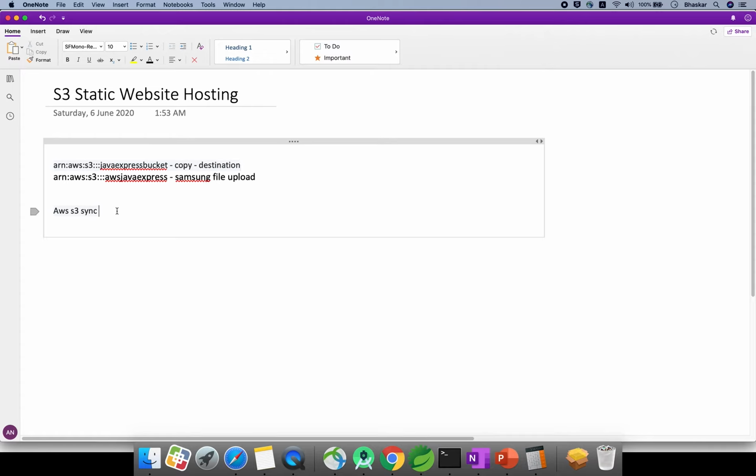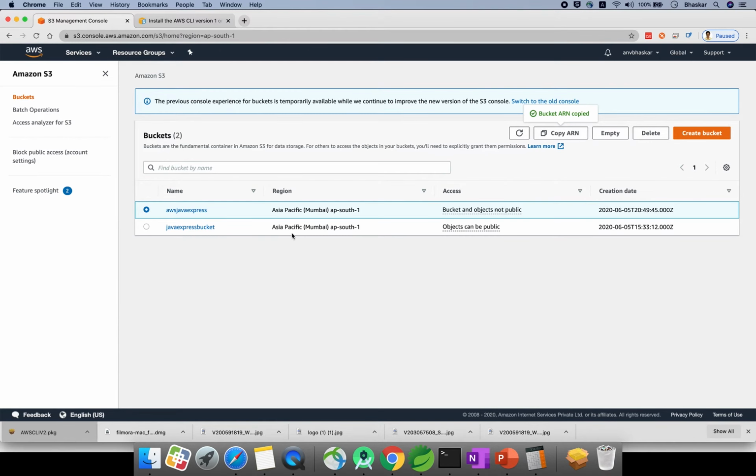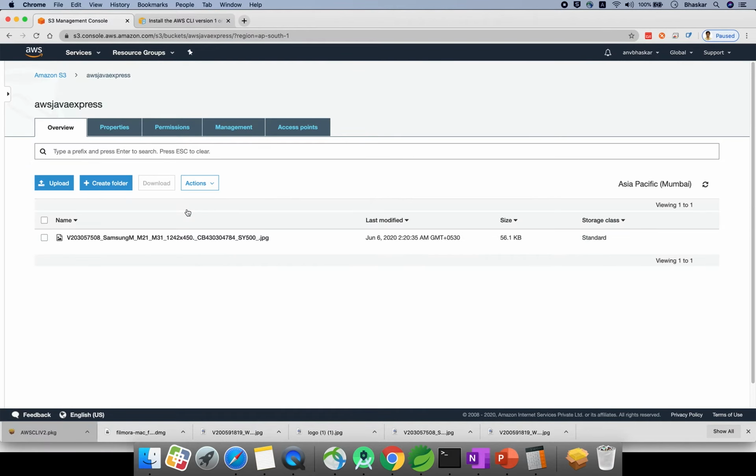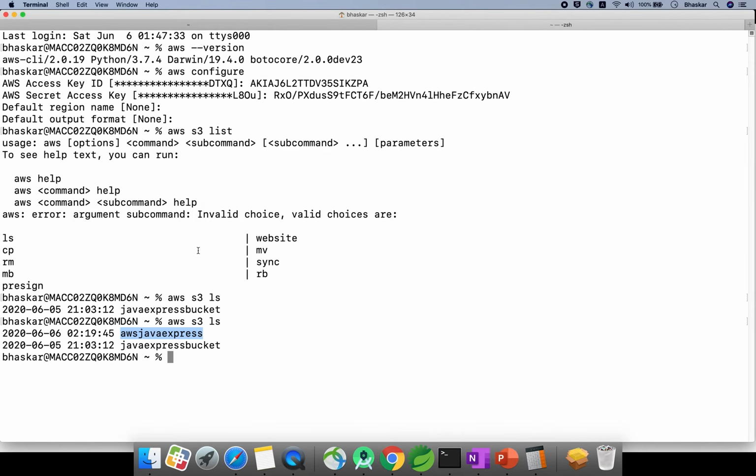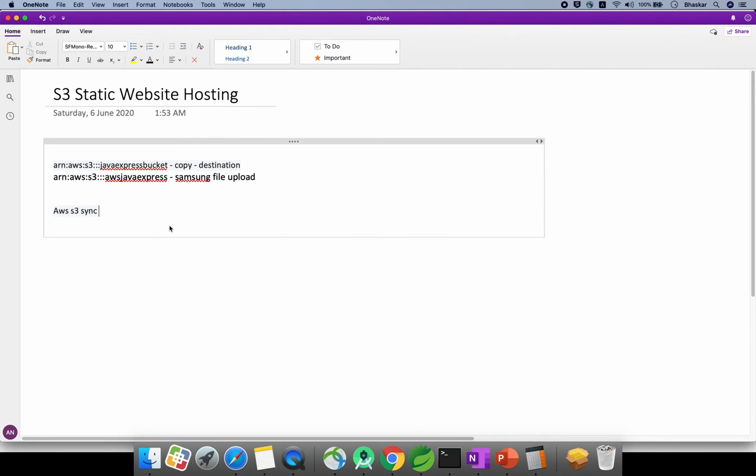Okay, now what is the syntax I want to use? So click on the Java Express bucket. Now we have this one, right? You need to copy it, go to Notepad once.